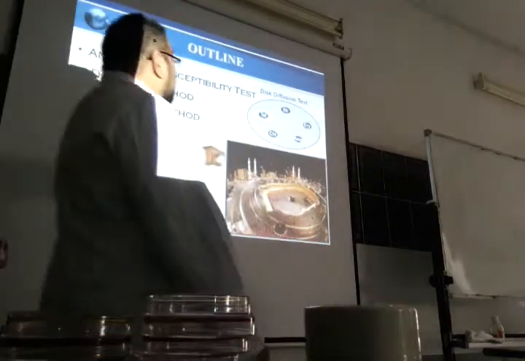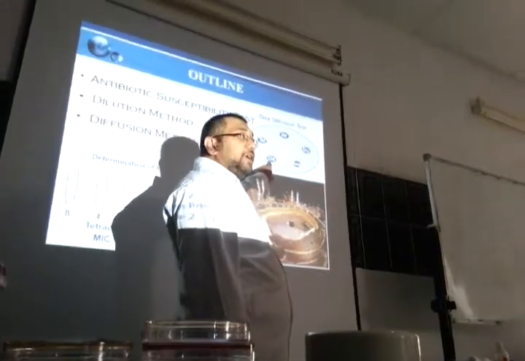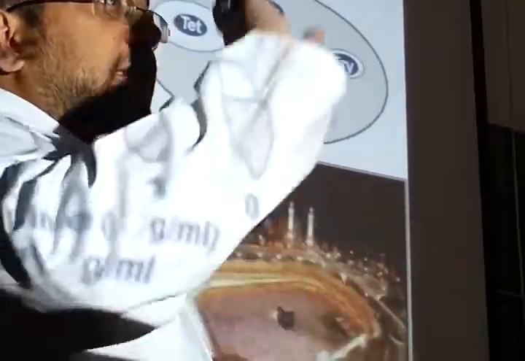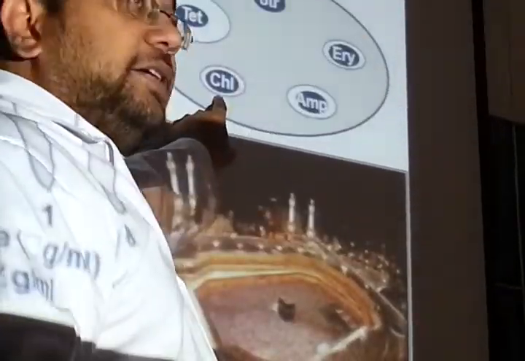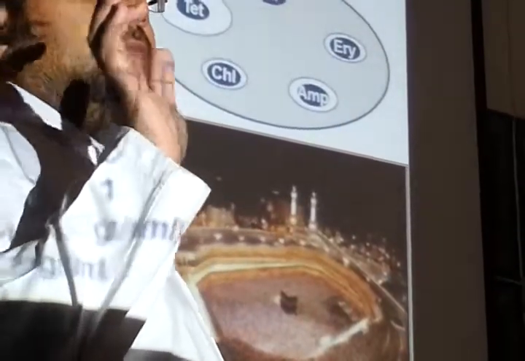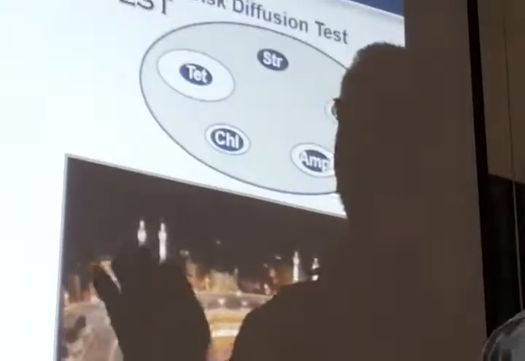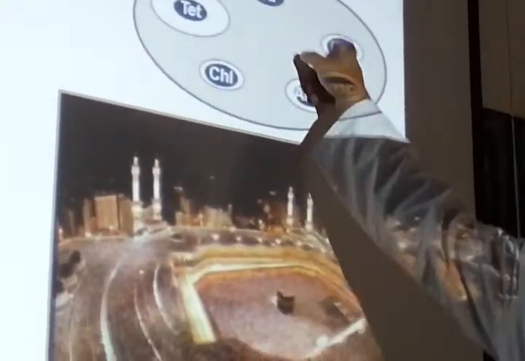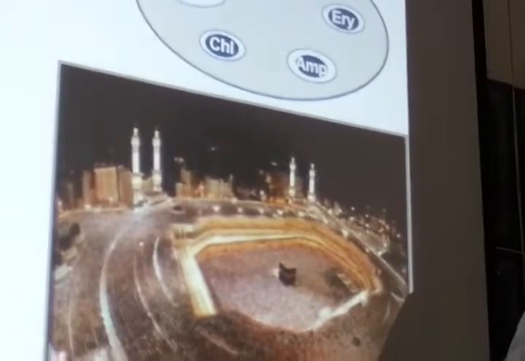If you see the disc, there is an abbreviation on top of it. Whichever disc you got here, there is a small abbreviation, because the complete name we can't write. So we write the abbreviation on top of the disc and the concentration. Different concentrations will have different effects, right? So we write the concentration and the abbreviation of the antibiotic.